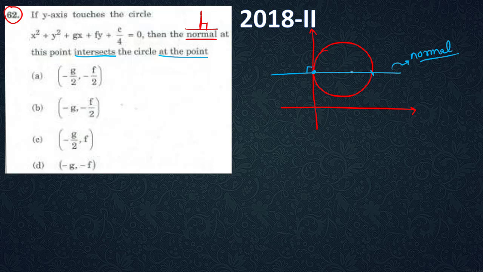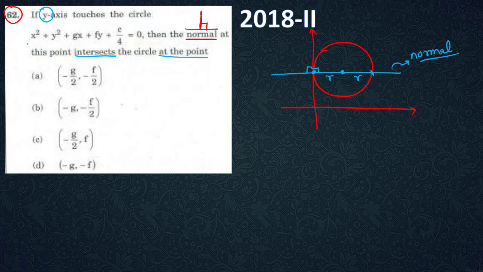This line is passing through the origin, of course, because this is a perpendicular and this is a radius and this is another radius. So this is my diameter. Okay, and if the circle is touching the y-axis, then what is the radius? In the tricks and tips video I have given you this trick: if the circle is touching the y-axis, then the radius becomes the x coordinate of the center.